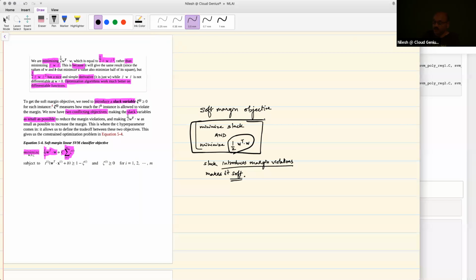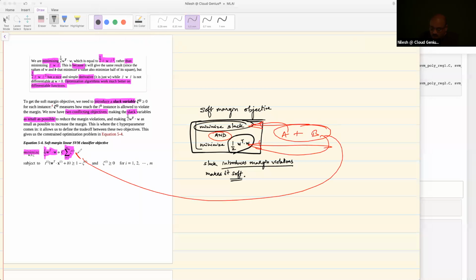The goal is to minimize a cost function. From a math perspective, you want to minimize this. Actually, let me annotate that. So you want to minimize this piece and this piece, which means your cost function will look like A plus B, where B is this and A is that. And that's what you're looking at here, is your cost function, which has a W transpose W, which is basically the